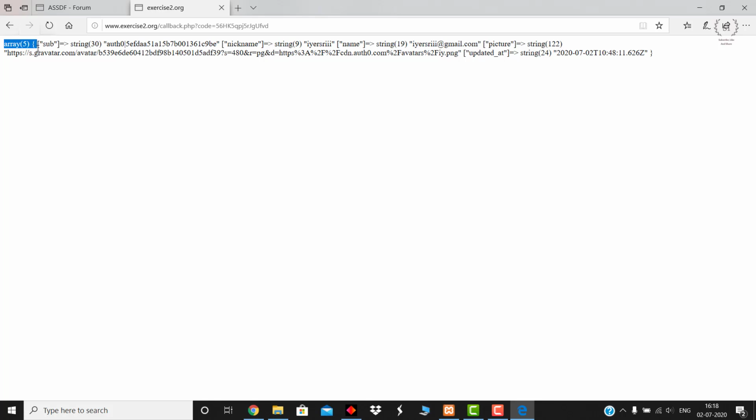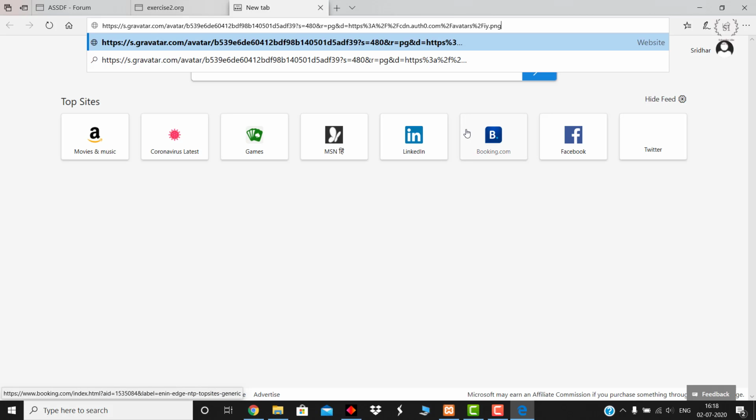I have not worked upon the CSS as much. These are the details which have been captured during the authentication process. For example, my username, this is my email ID with which I have logged in. Obviously the password won't be shown. Okay, you can see this is a gravatar, or you can say an avatar of my name. This is automatically being created. If I copy this and paste it and open it up, this is how my gravatar will look like.